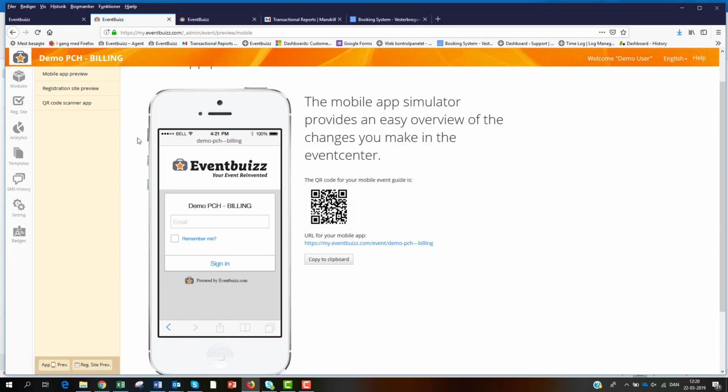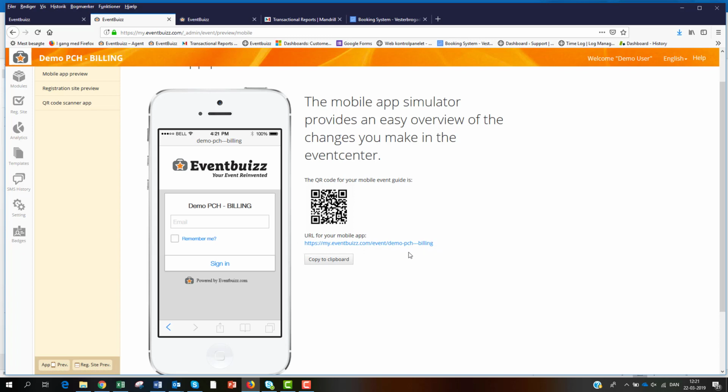Then you have a simulator here where you can always follow along. When you enter any content in the app, you can try to log on and see how it looks if you were an attendee logging on to this particular web app. So everything you see here will be in the web app solution. On the right side, you have the URL for the web app. This is the URL you need to distribute to your attendees